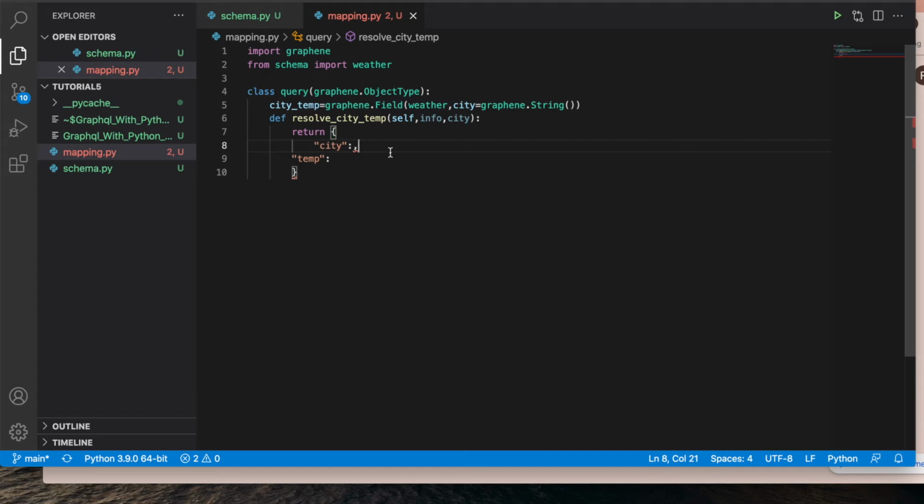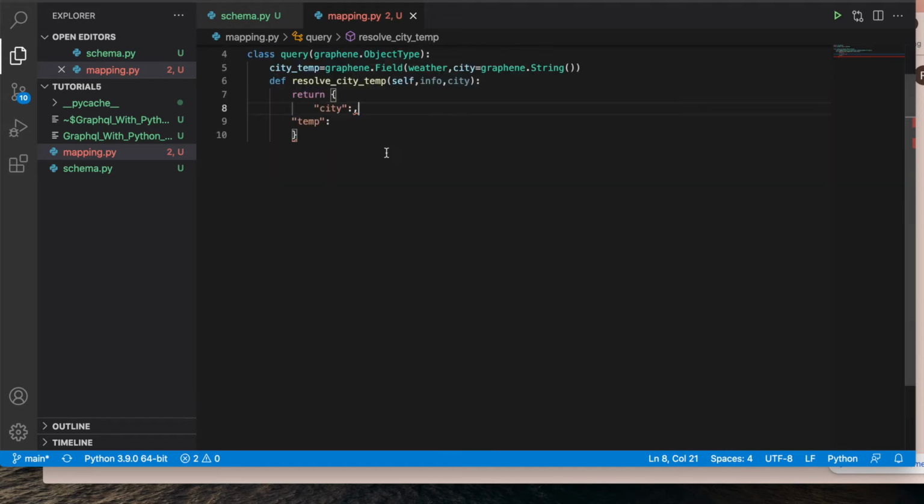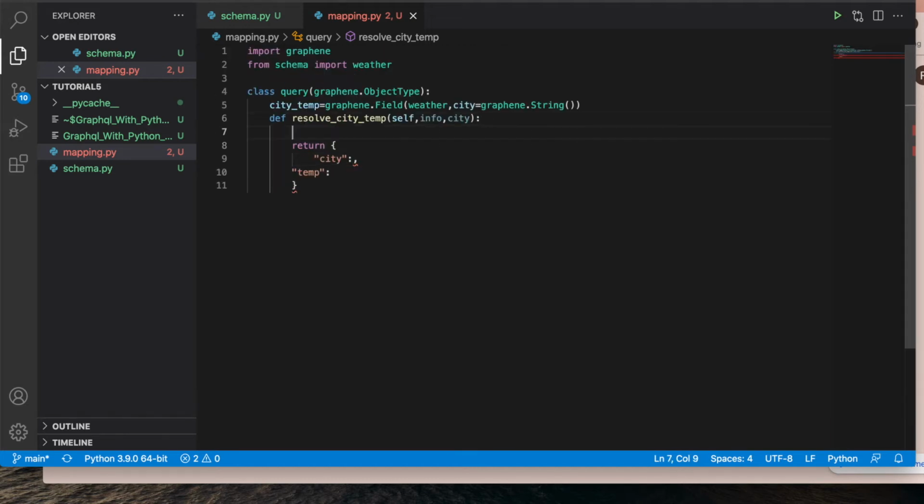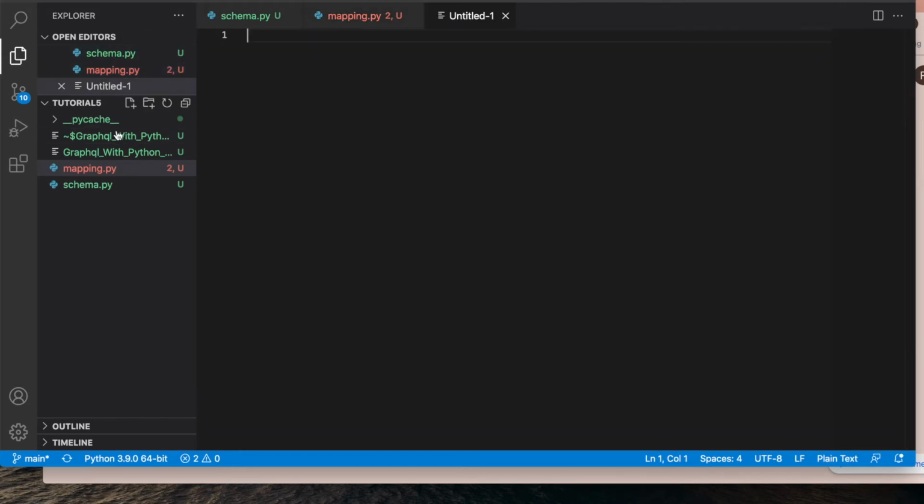Okay, so this is done. So now let's create our data point over here. While creating the data point, we need to create some dummy data. As I said, we are not going to use any proper streaming engine for our data, so we'll be going to use just some data.